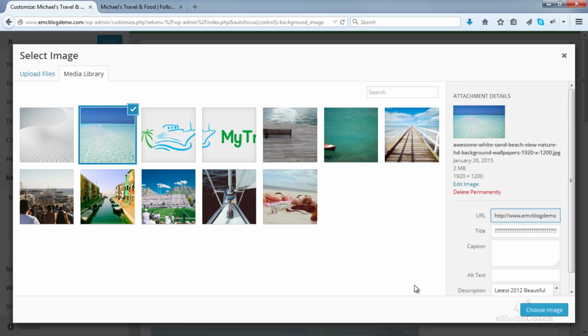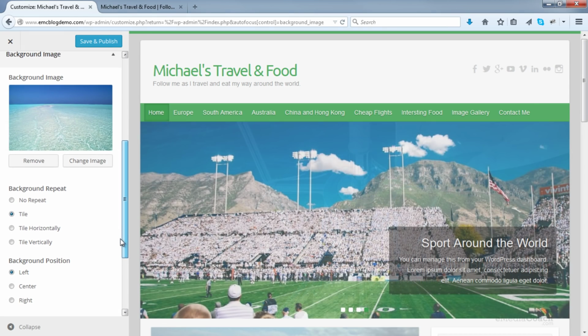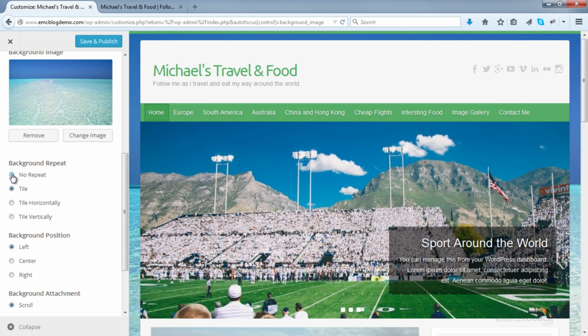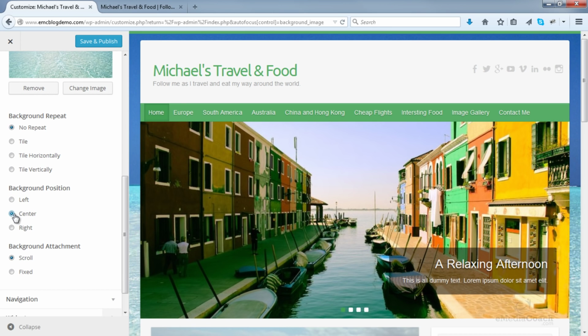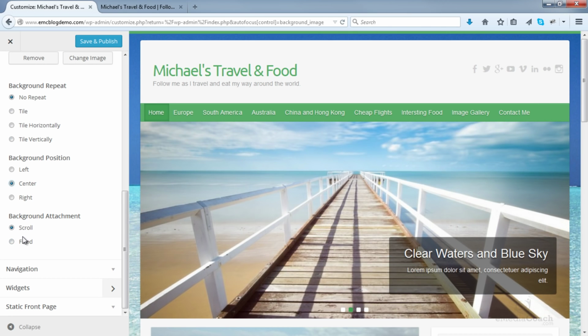So then select the image you want to choose as your background image and click Choose Image. Now these settings are very important. Click No Repeat, position in the center, and you can choose between a scroll or a fixed, and I'll show you what difference that makes. Let's just have a look at this image.